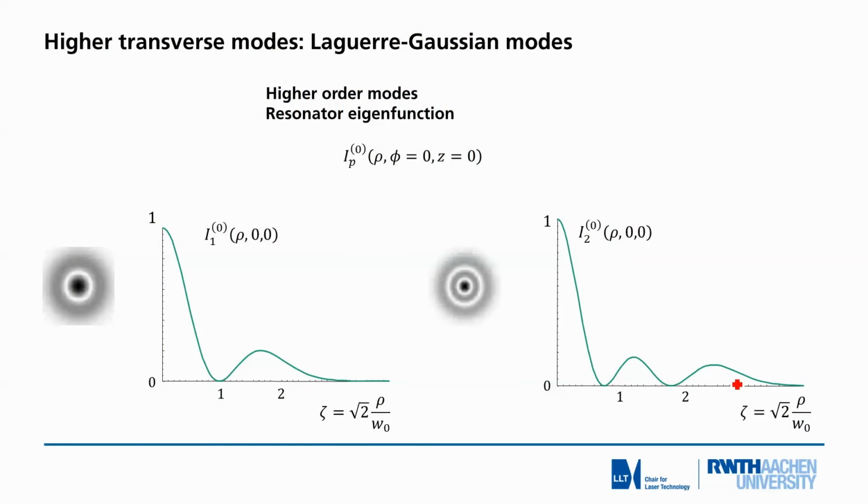So in transversal mode selection, which has a lot to do with diffraction, it is very similar to diffraction. We have the 0 order diffraction, so to say, is a Gaussian beam. The next higher order is 2 peaks, 3 peaks, and so on and so on. So we have a lot of higher order modes, and usually in high quality laser materials processing, we select only the fundamental mode, the Gaussian TEM00. TEM stands for transverse electromagnetic wave.